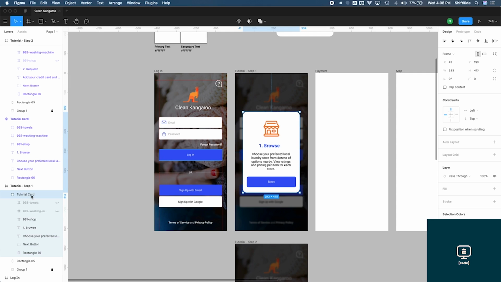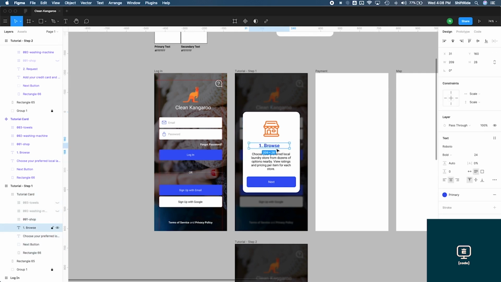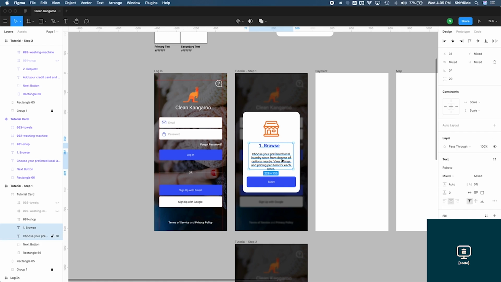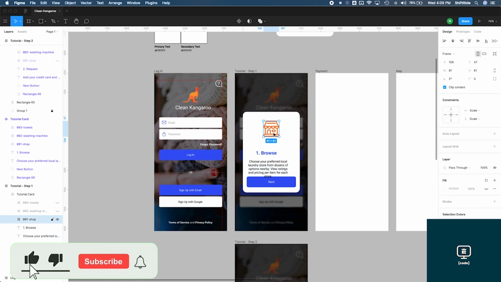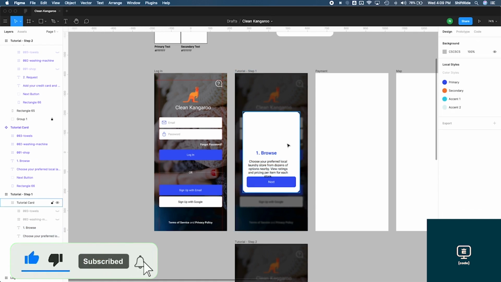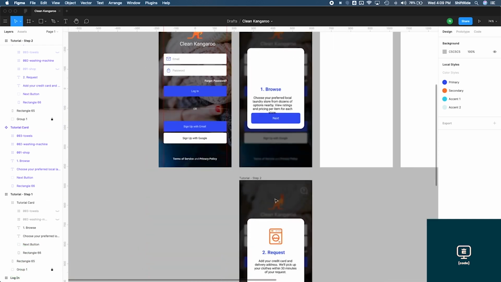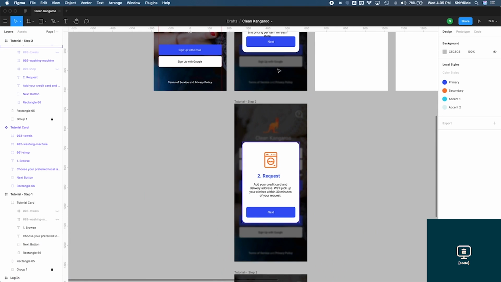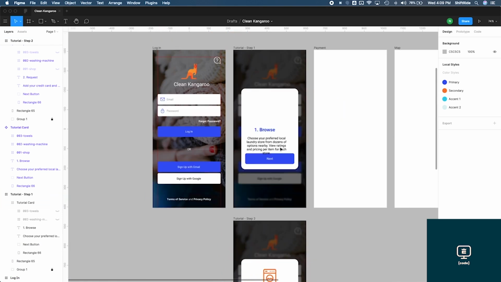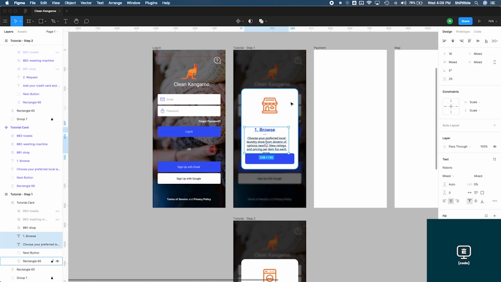If I go to my layers panel, you see now it doesn't have the same icon that it had before. So now if I jump in here and move these around, and let's say delete this icon here, this will have no relation to the master component nor any of the other instances. So this is now completely separate, and whatever we do to it will just remain on this page and within this frame alone. So now I'm just going to hit Command Z a bunch of times to go back